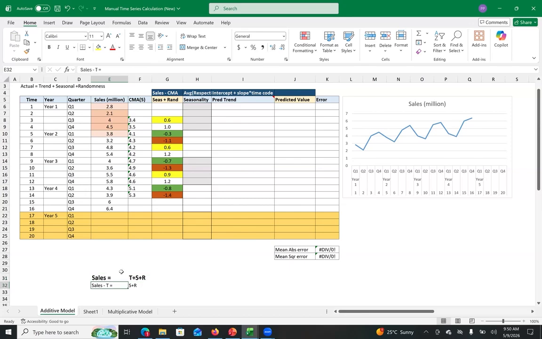If I rearrange it, if I take the trend component to the left hand side, it will become like this, right? So I'm doing exactly that: calculating seasonality plus randomness, that is this part, by taking the actual value, that is the sales value, minus the trend component. It's clear to everyone? If yes, can you please calculate it in your Excel?